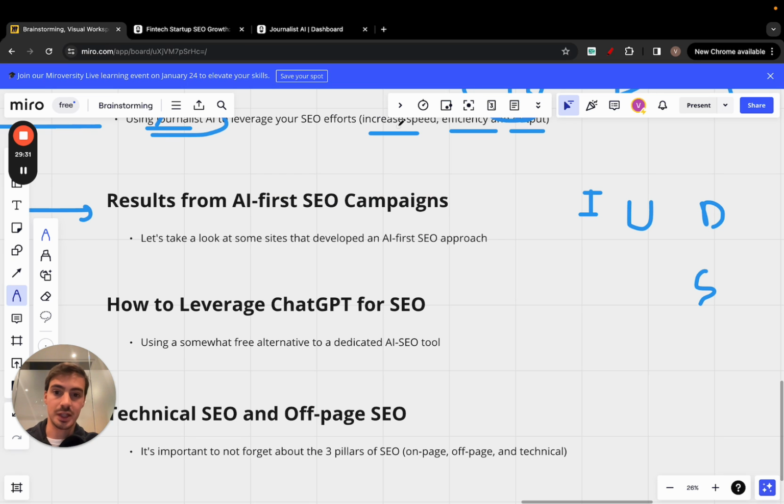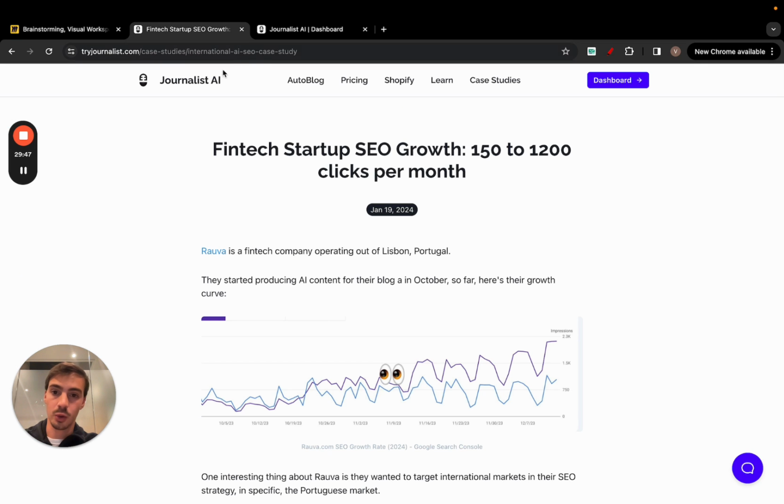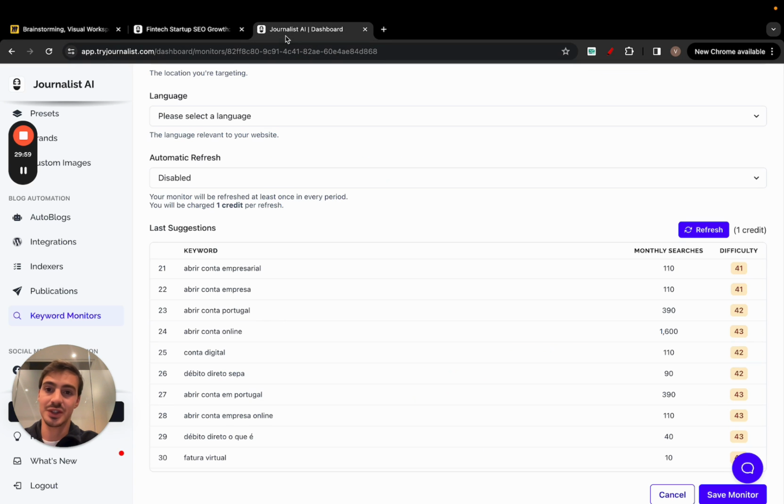And what they saw is that there is a lot of demand, because Portuguese people are not very literate when it comes to financials. Again, we're one of the lowest countries in Europe when it comes to financial literacy, so they're giving us all the supply. They're producing quality articles in Portuguese, in the local language, for their local blog. It's rova.com/pt, right? Because they want to target the Portuguese market. They have a proper domain extension for the Portuguese market, and the blog is all in Portuguese. They're producing content again to target these markets using Journalist AI, right?